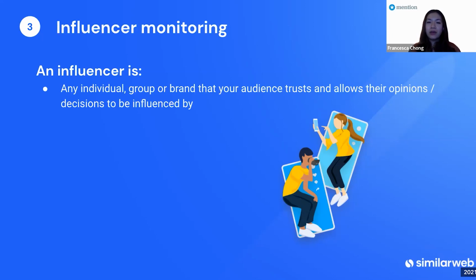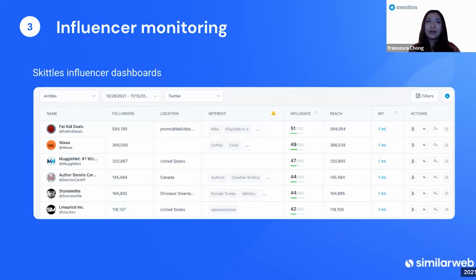And actually, we would monitor our influencers in a similar way to how we would monitor our own brand. But first of all, we need to identify these influencers. Using the dashboards on Similarweb can definitely help with that as well. But looking more over our social media influencers, we can see with the mention tool, this is a very easy way to find some of the key influencers who are frequently talking about our brand, or perhaps even a topic in our audience's sphere of interest.